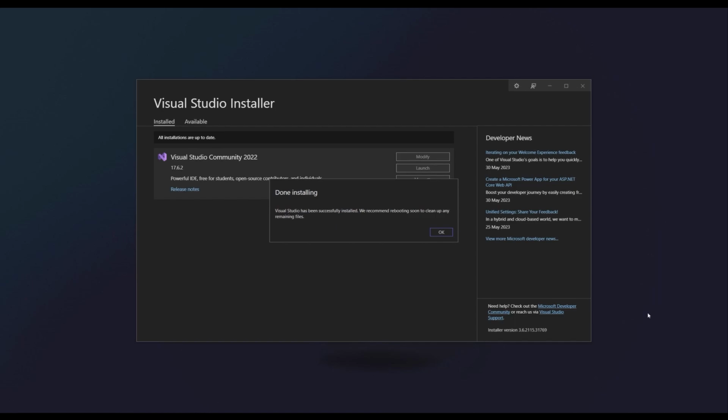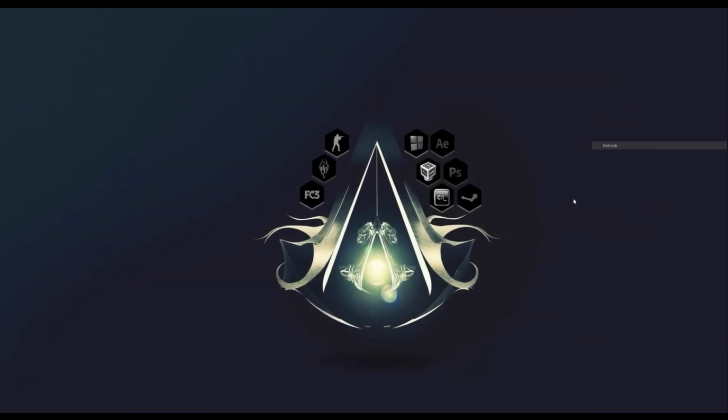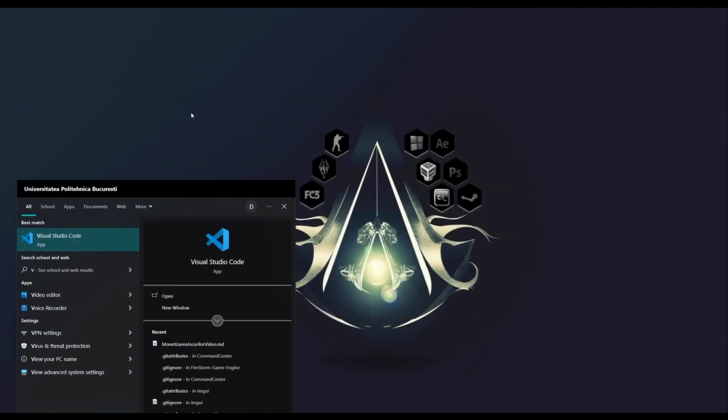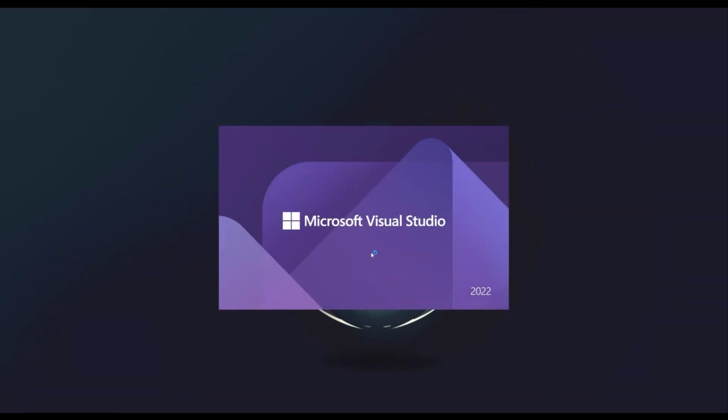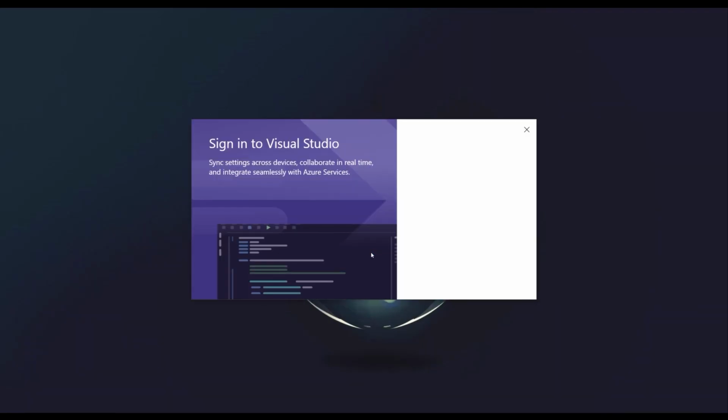Just for perspective, every tick there was around 3 minutes in real time, so you will need a little bit of patience here. When the installation is finally finished, click OK, close the installer, and try to open Visual Studio from the search bar to quickly do the first time setup. Moreover, booting it up for the very first time might also take a few more moments, so don't worry, be patient, everything's perfectly normal. Additionally, when you see this window, you can skip the sign in for now,